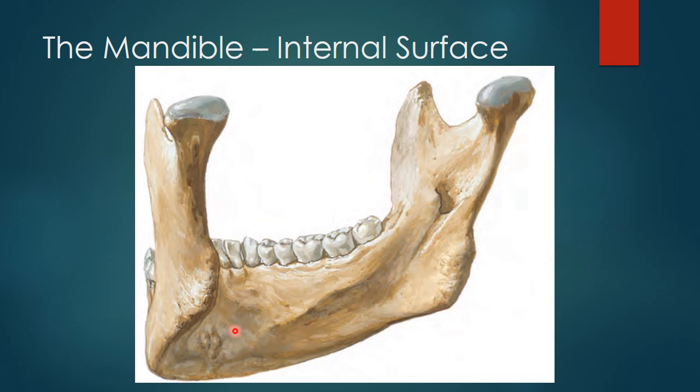At or near the lowest part of the mental spines, a well-defined ridge passes backward and upward, dividing the internal surface of the mandible into two portions. This ridge is called the mylohyoid line or the mylohyoid ridge. It occupies a position closely corresponding to the lateral oblique ridge on the external surface. It is more prominent in the posterior portions until it reaches the anterior portion of the ramus. This ridge is the point of origin of the mylohyoid muscle.